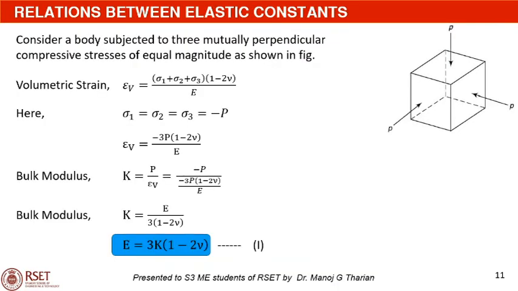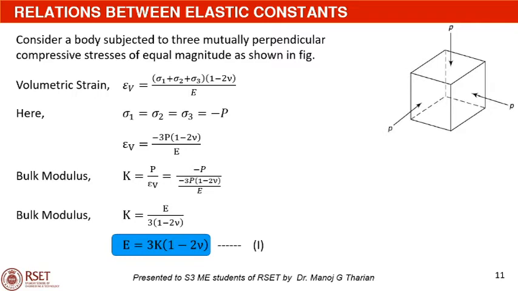So far we have seen 4 different material properties in elasticity, that is the 3 elastic constants, namely Young's modulus, rigidity modulus and bulk modulus, and also we have seen the Poisson's ratio. Out of these 4 material properties, only 2 are independent for a homogeneous and isotropic material. That is, if the values of any 2 material properties are known, the values of the other 2 can be analytically found out. Or in other words, there exists a definite relationship among these elastic constants and the Poisson's ratio. So now we will derive the relationship